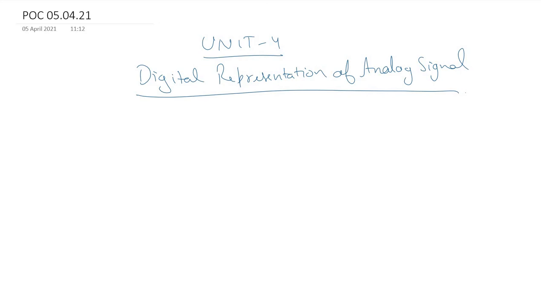We'll begin with unit number 4 of the CIF in this lecture. The unit 4 is regarding the digital representation of the analog signals. So if you look at the overall modulation process, we can divide that modulation process as analog modulation and digital modulation. We'll try to understand the process of digital communication from the perspective of the modulation, right?